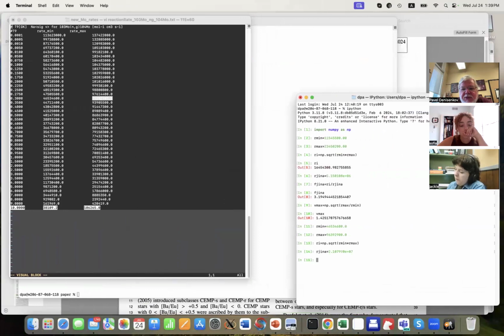And now I calculate FGNA, and now I calculate Vmax. So these two numbers are now for molybdenum 103 and gamma. Vmax for molybdenum 103 is 1.44 rounded up.